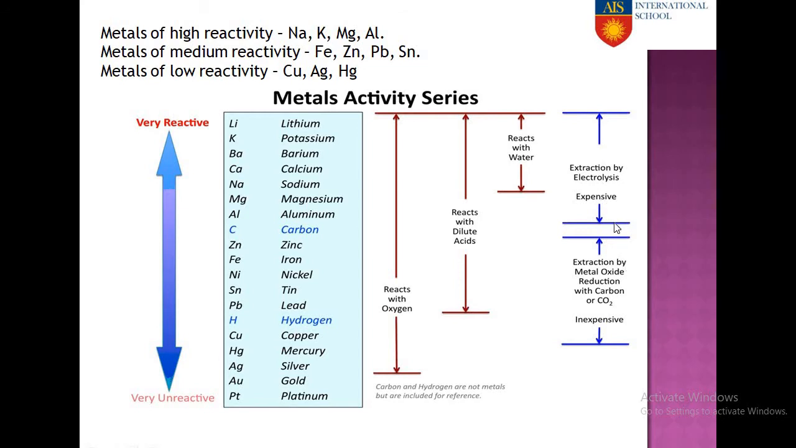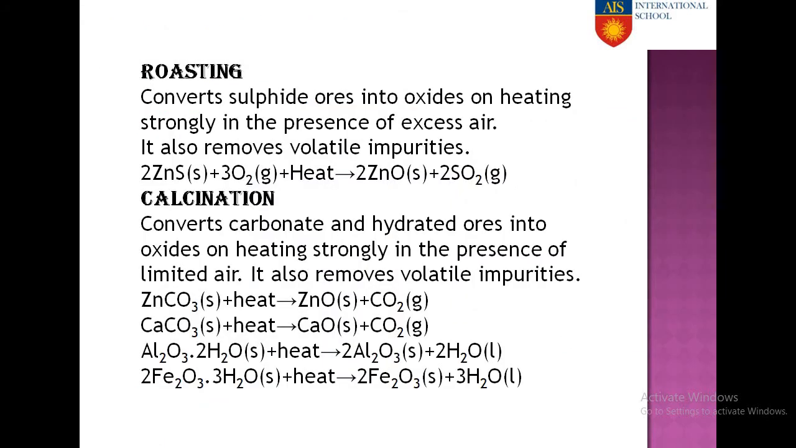And the electrolysis is expensive. It is extraction by electrolysis, which is an expensive process. And this is extraction by metal oxide and reduction with carbon or carbon dioxide, and it is an inexpensive method. Okay. Next, as I told you, the metals of medium reactivity we extract by the process of roasting